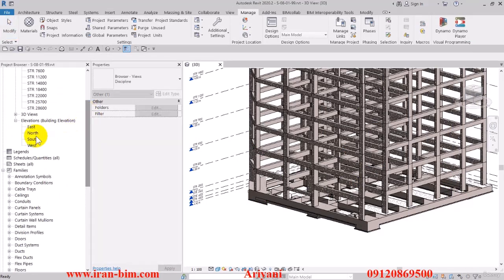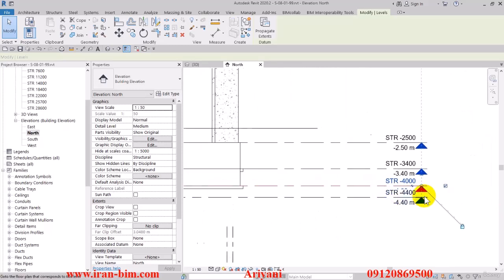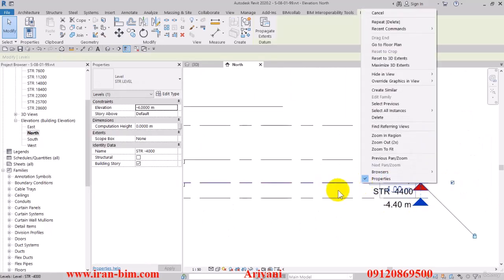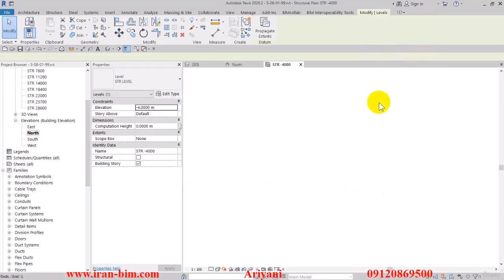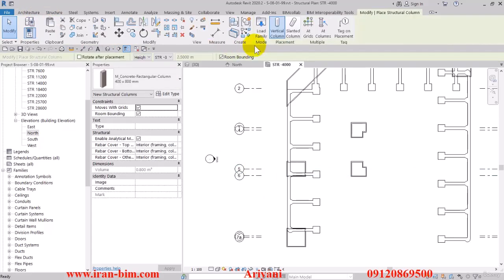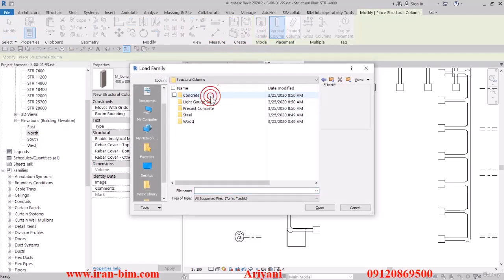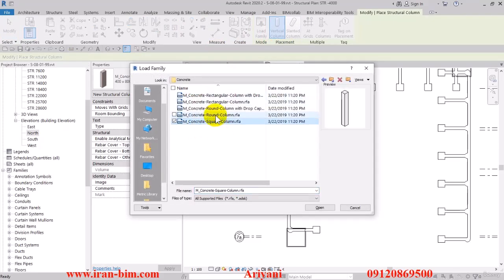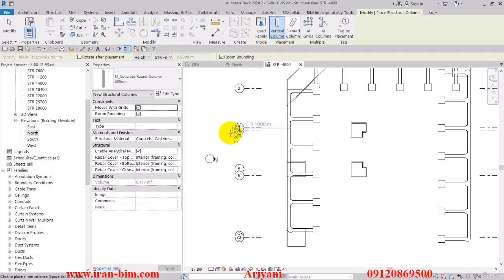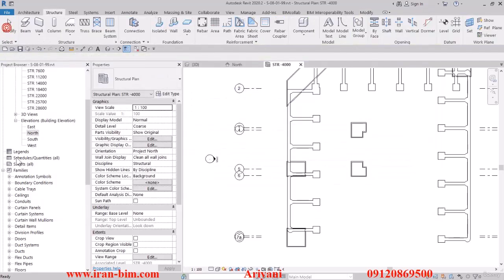Alright, and then let me zoom in here in the plan. And then here I'll right click on this level and then click on go to plan here. Alright, and after I've opened up the plan here, I'll go to the structure tab and then I'll select the columns and then click on load family. And then here I'll select the structural columns folder, and then here select this concrete round column and open it up. Then I'll open up the edit type menu, and alright, instead of doing that, let me go here in